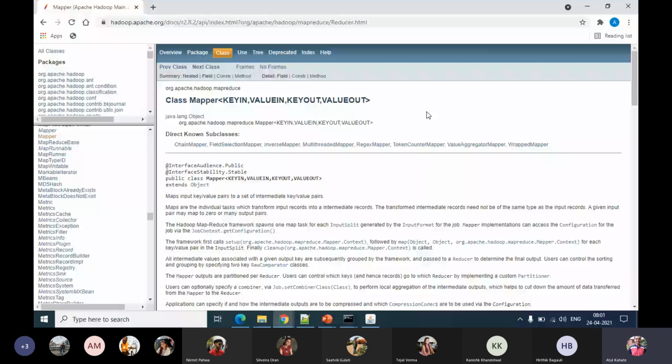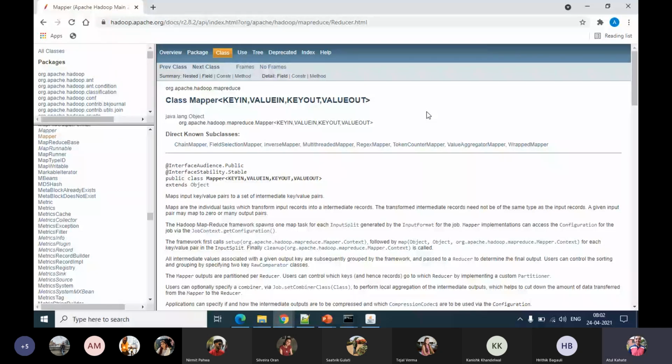So, before we start with the next example, actually I don't remember whether we completed our previous one, but anyway, before we start the next one, we'll just go through a brief overview of the mapper and the reducer classes which we are using in our code. I deliberately did not discuss this earlier because I thought we'd do hands-on first, get used to some of the syntax, and then understand what is exactly happening in the code.